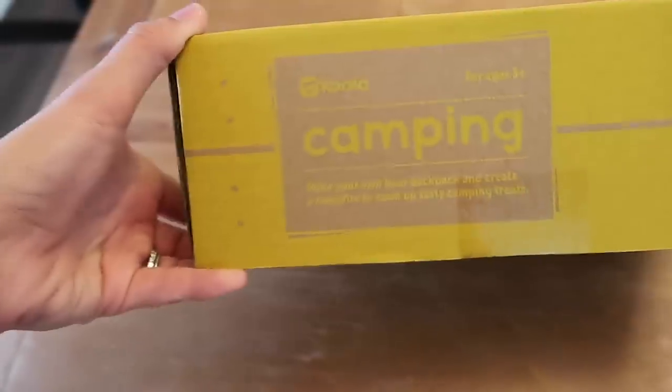Anyway, today is clearly not a camp day, so the first thing that we did today was our KiwiCo crates,